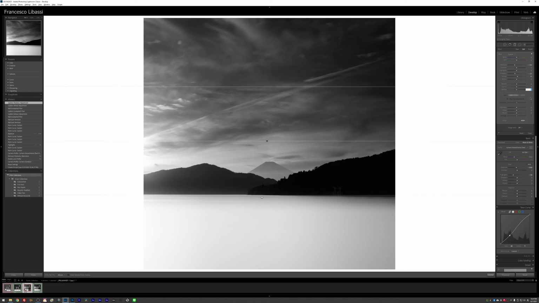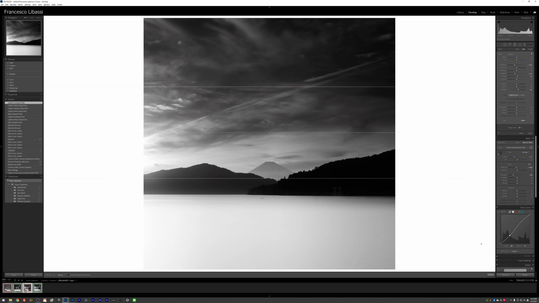So if I do a +20 on this one, you can see the dark parts of the sky get darker and the whiter parts of the sky get brighter. So something like this. It doesn't have to be perfect, it's just to show what I was doing. And I'm probably gonna keep it something like this so it doesn't touch Mount Fuji in the middle, so Mount Fuji stands out a little bit more because it's brighter.